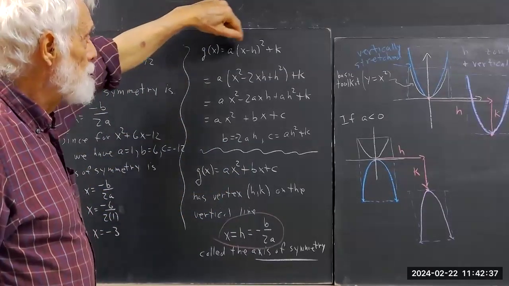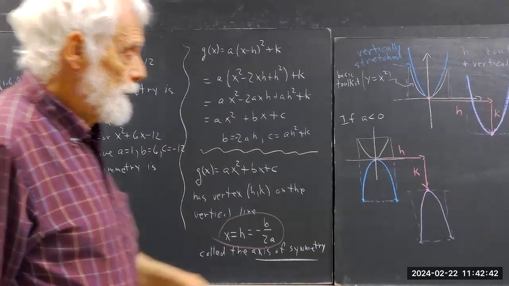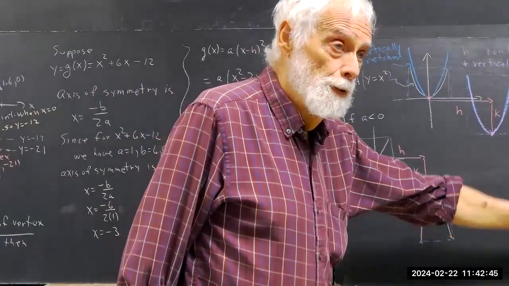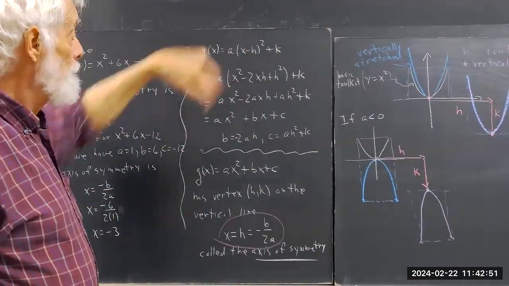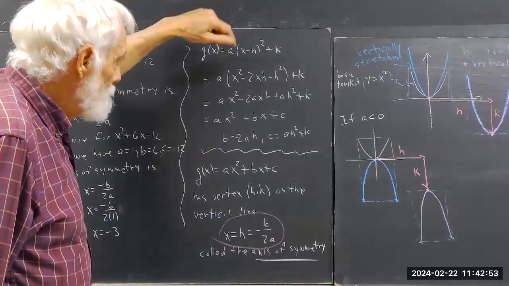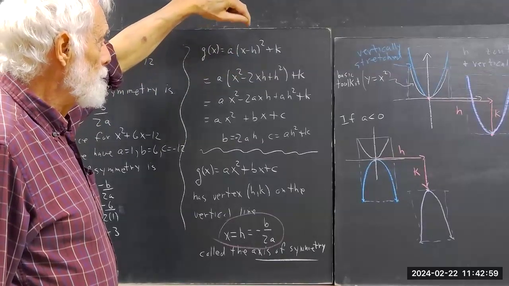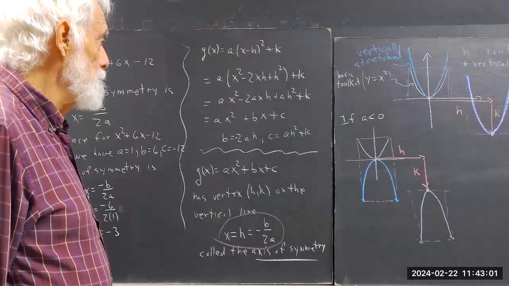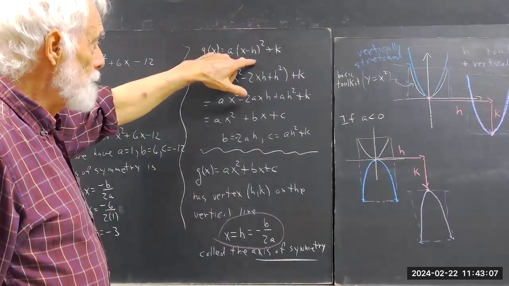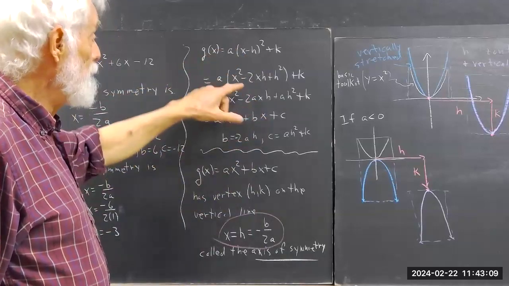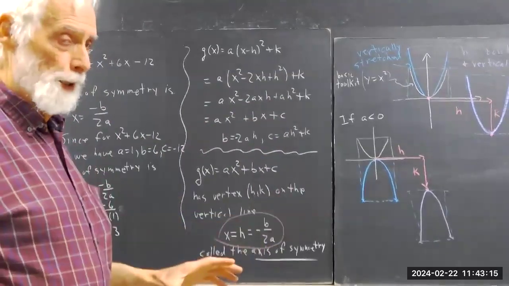Okay, so g of x would be this. Okay, just repeating the form we have here, coming from what we just talked about. g of x is this. It's the f of x equals x squared function, vertically stretched by factor a, horizontally shifted h units, vertically shifted k units. We apply the distributive law to square this. It's not x squared plus h squared. It's not x squared minus h squared. It's x squared minus 2xh plus h squared, which everybody should totally understand when they come out of an algebra